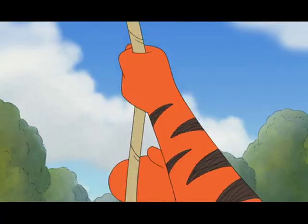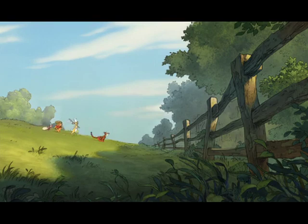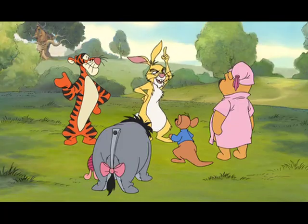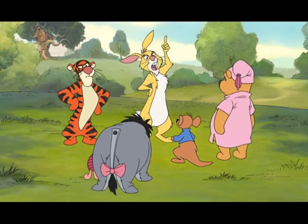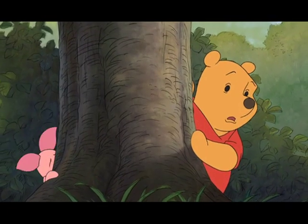Once we figured out how to catch a Heffalump, my friends did something that had never, ever been done before. The first Heffalump expedition in history. Tensions were definitely high. I mean, you could just feel there was something in the air. What we were doing was going to go down in the history books. All of that work, all of that preparation, all of that research was coming down to this one moment. And just as we were about to set out on our expedition...